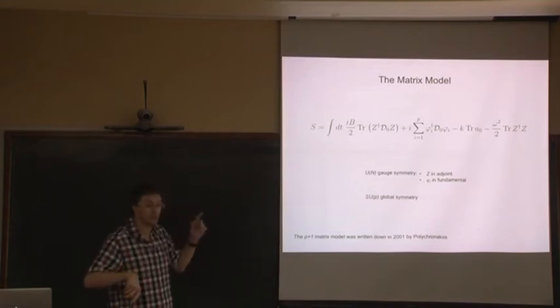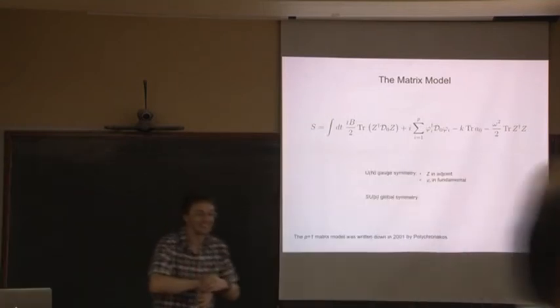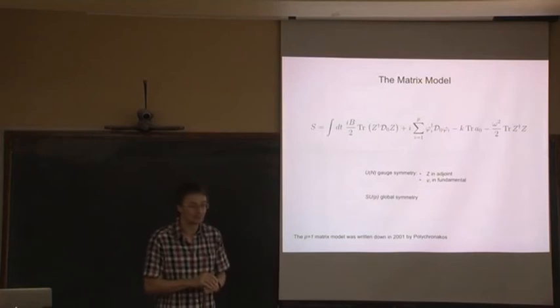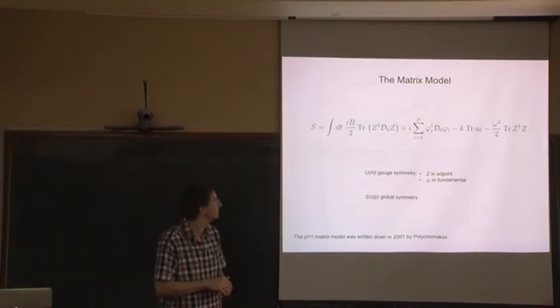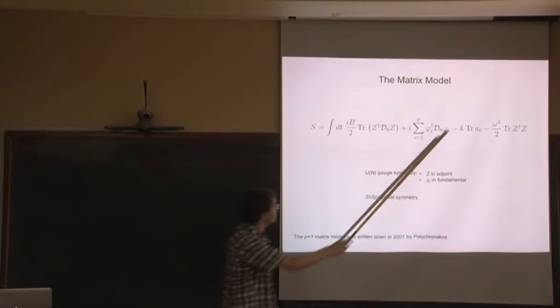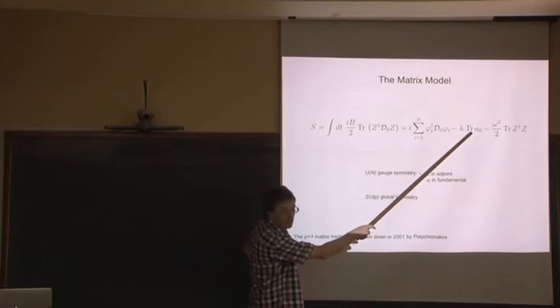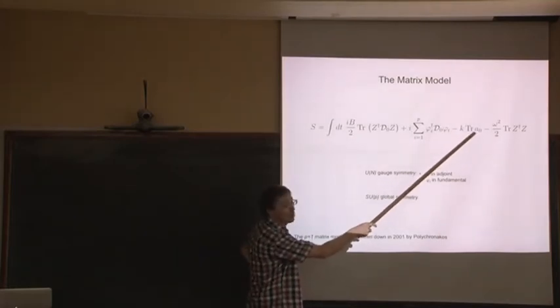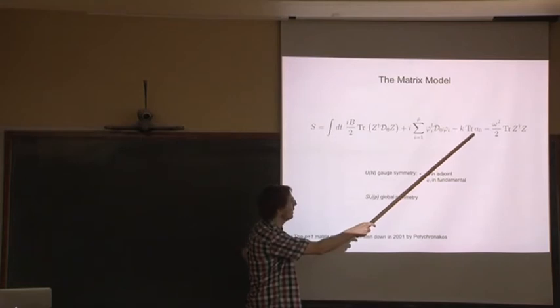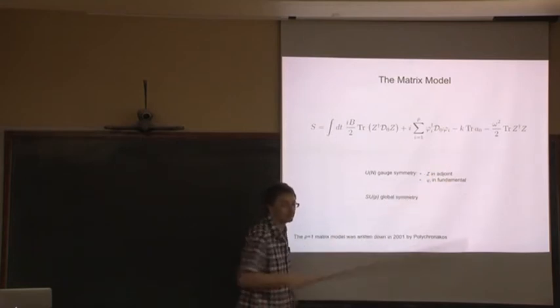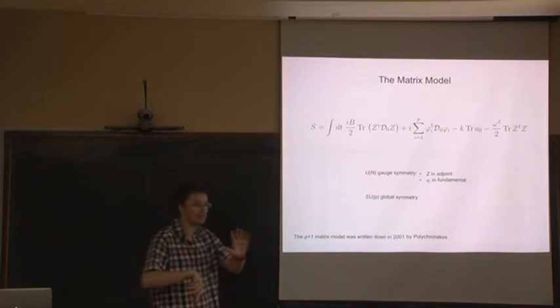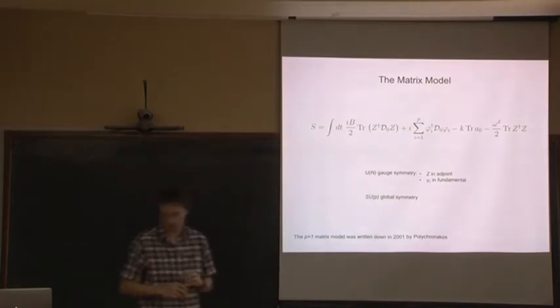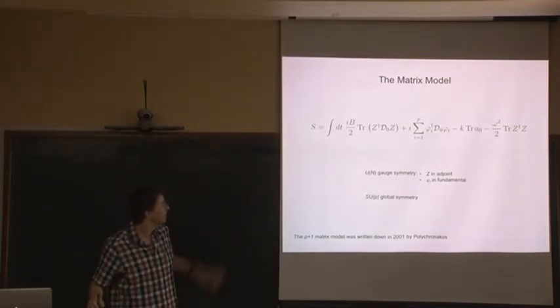Sorry, just to make sure, because it's U(N), you get a trace A0 term. Exactly. It's like a quantum mechanics Chern-Simons term, but it only knows about the U(1) part of the gauge theory. It's a background charge, and we'll see exactly where this comes from. So we're not the first.